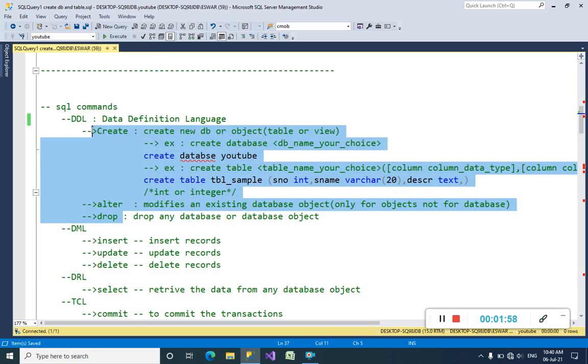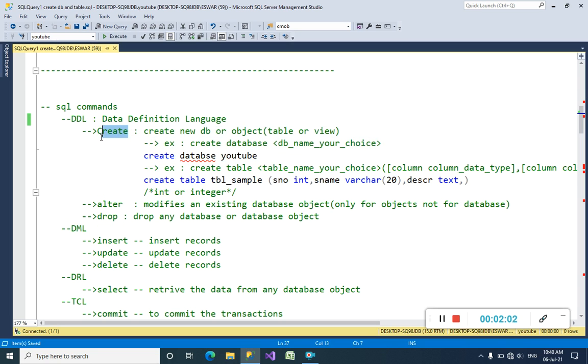We already know about the create command because we have created a lot of databases and a lot of tables using the create command only. We are also going to learn about alter and drop commands. These 3 are called DDL commands.